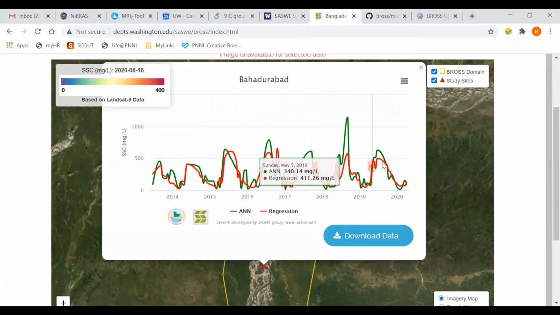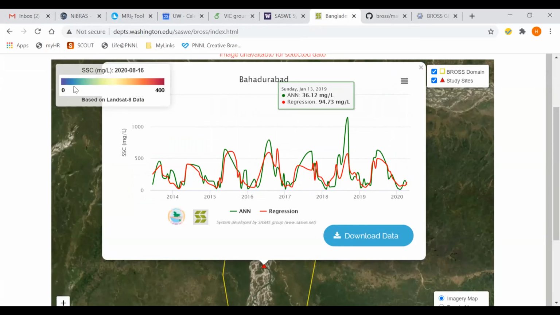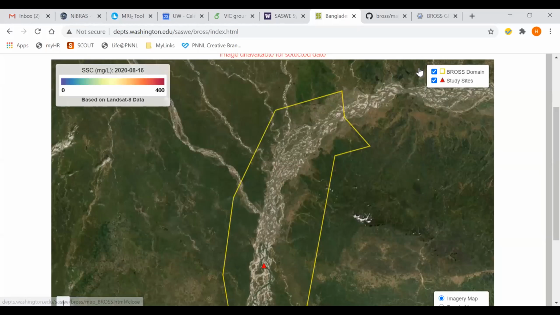But I think the time series is there, so you can see the time series. I think the images are not available, maybe. I can check with Claire as well, and I will try to connect you with Claire